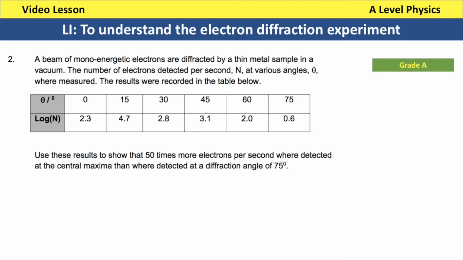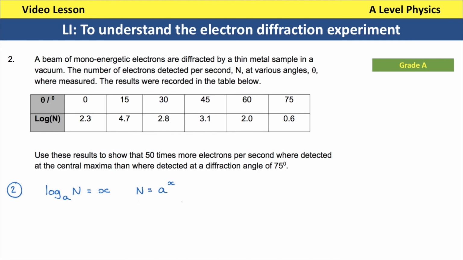It then says use these results to show that 50 times more electrons per second were detected at the central maximum than were detected at a diffraction angle of 75 degrees. So we need to start off by getting this table into just the actual numbers of electrons, and to do that we're going to use that way of writing logs that I've got on the board there. Log to the base a of n is equal to x, and that's how we solve an expression of n equals a to the